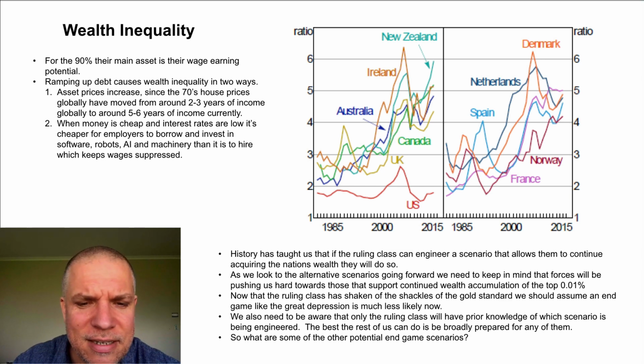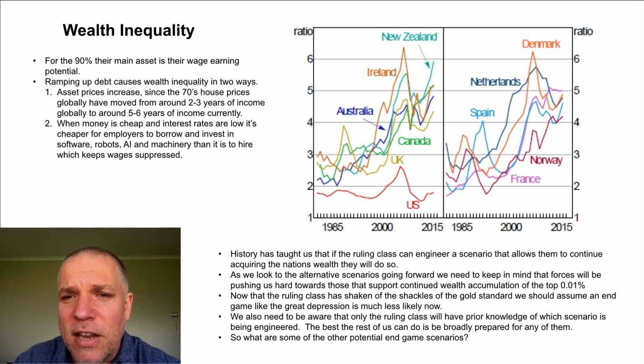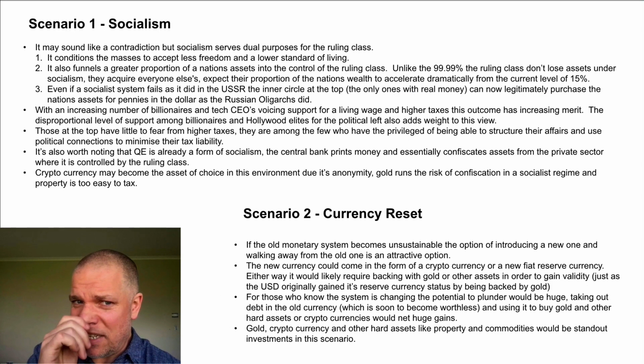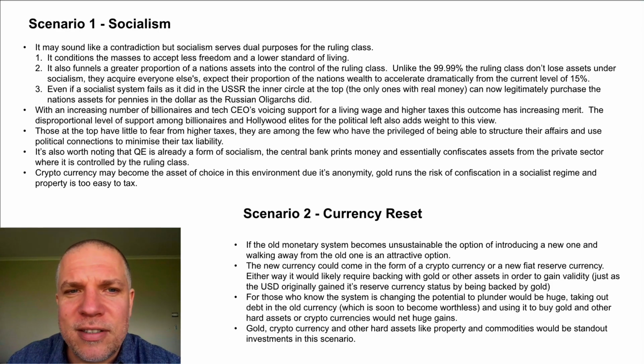So with all that, let's now look at some scenarios going forward that may eventuate as this whole debt money issuance becomes increasingly unsustainable. What are the scenarios going forward? The first scenario I've got here is socialism. It doesn't get a lot of airtime. It's perhaps not very